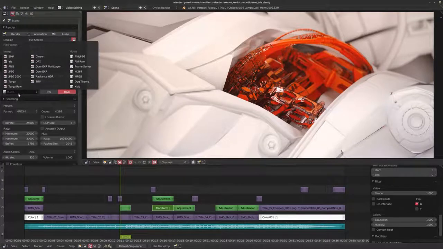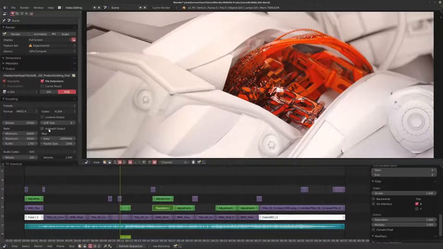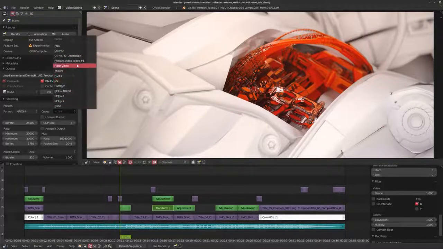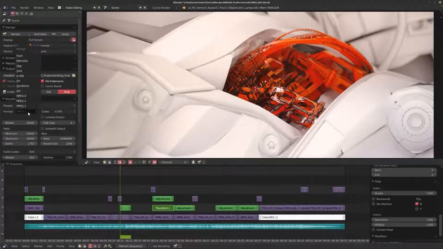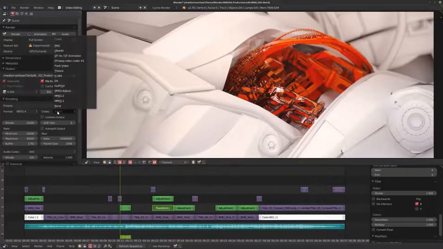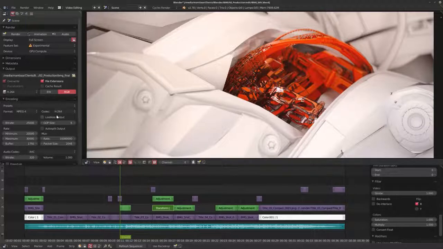Now, another last thing is that once you've edited these all together, you can actually use Blender's exporter just fine. So setting it to H.264 is what I used for the final edit. And this is a good format to send previews with, or to send over the web to other people. But you could set this to lossless, for example. I don't know where it is. It's over here somewhere. Oh no, here it is, lossless output. I was looking completely next to it, of course. Setting this to lossless output will give you a really nice master file to make any derivatives from. So let's say you're doing stuff for YouTube and Vimeo, you can have separate exports from that master file, and you could use an external program like Handbrake for that.